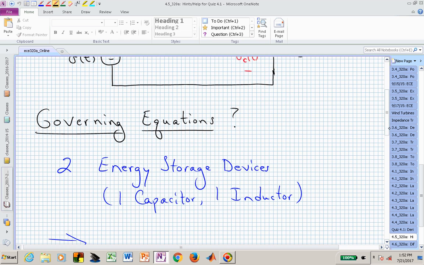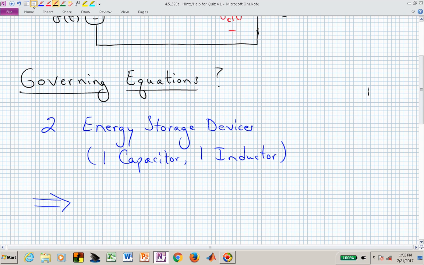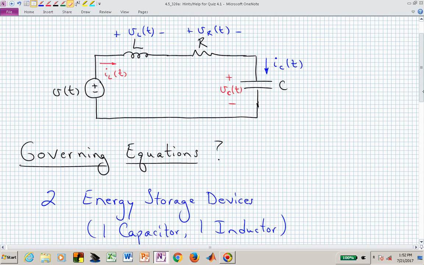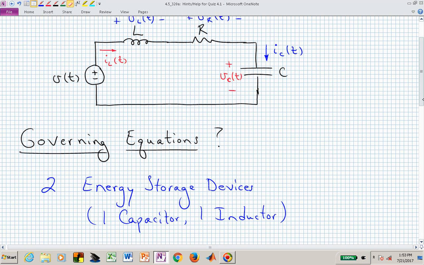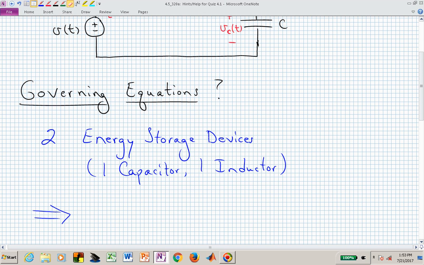When we're asked to find governing differential equations or governing equations, what we want to do is initially just inspect, as I had said, the circuit and find out how many energy storage devices or elements there are. Generically, sometimes there are some cancellations involved if we have a series combination of capacitors or something like that. But assuming that all of the energy storage devices can be considered linearly independent in the circuit, then two energy storage devices, in this case one capacitor and one inductor, tell us something about what's going on. And in particular, it tells us